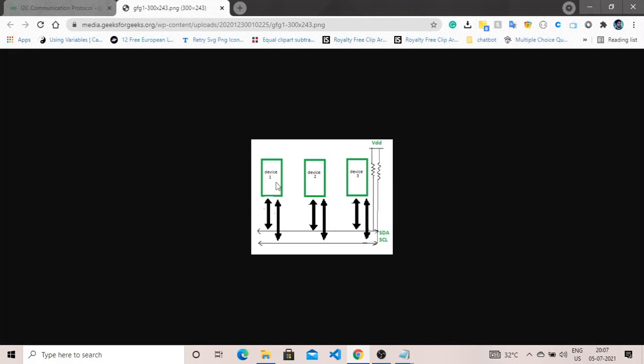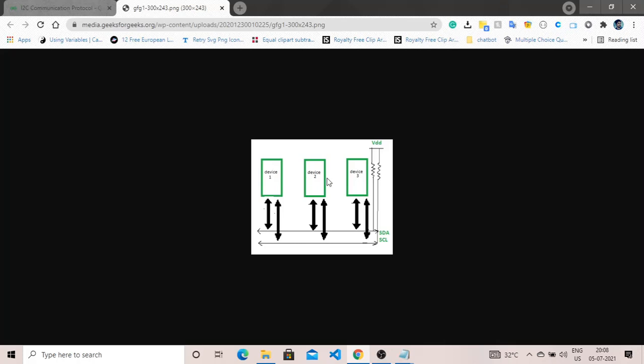Suppose there are many devices, n devices, and you want to get the data from the n devices into the microcontroller. Now the microcontroller has limited pins, and suppose you have 100 devices, so the microcontroller is not capable of getting the data from 100 devices. In such a situation, we prefer to use the I2C communication protocol. Here you just have to connect all the devices, SDA and SCL lines, to your microcontroller's SDA and SCL lines.